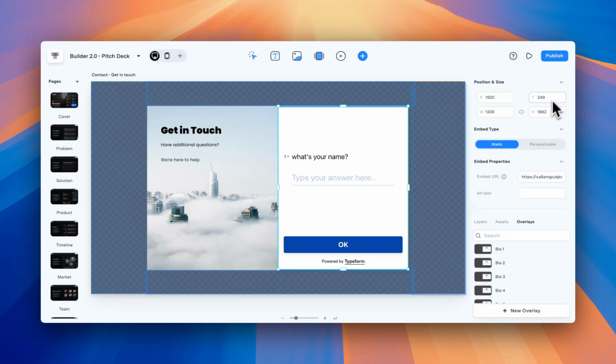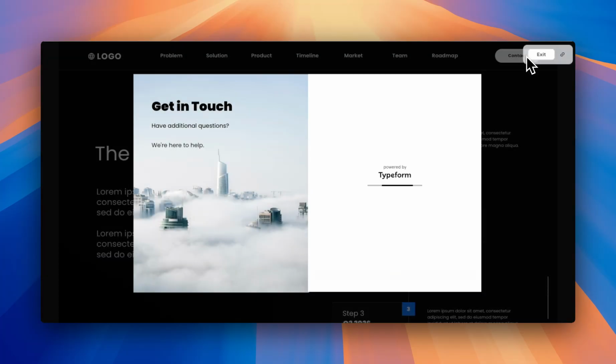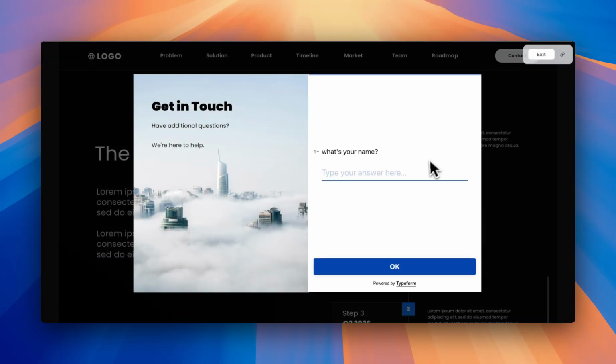And then on the Properties panel over on the right-hand side, it's simply going to ask you for a URL. So in most cases, you'll just need a link to pull that in. And then as we go to preview mode, it looks as if it's natively built in or nested right into your design and experience, even though the form you've technically built elsewhere. So the Embed Tile is a great way to bring in forms, surveys, or even 3D